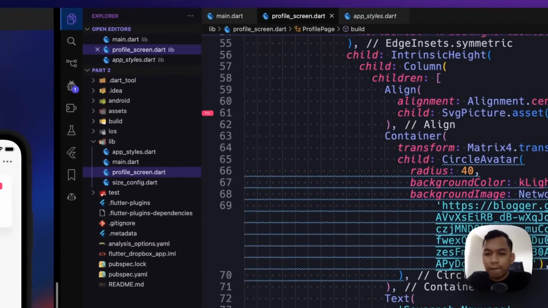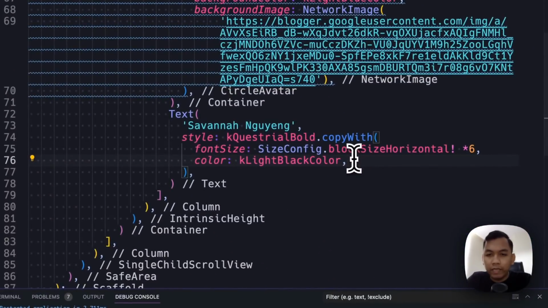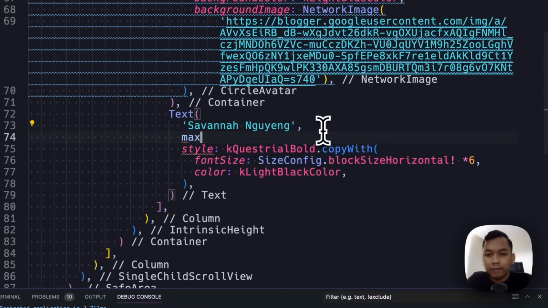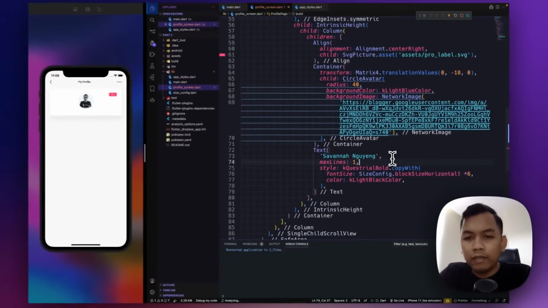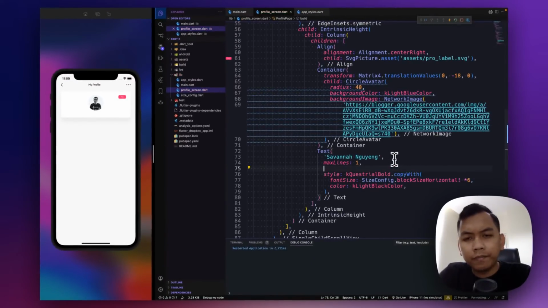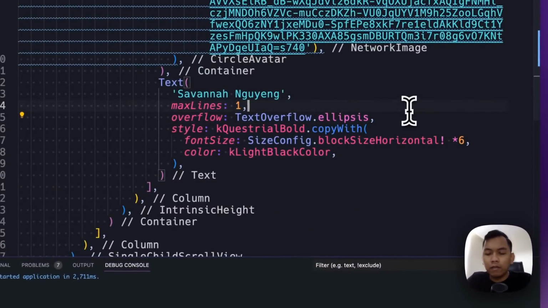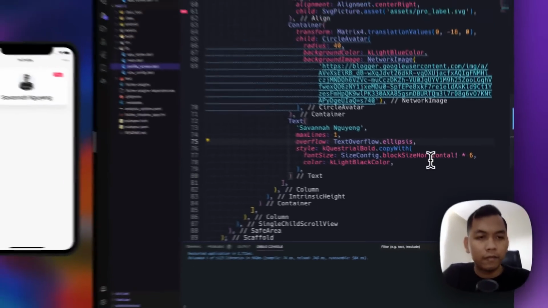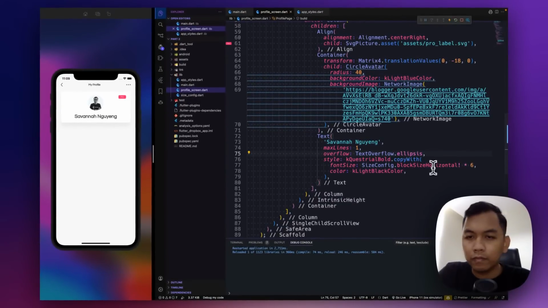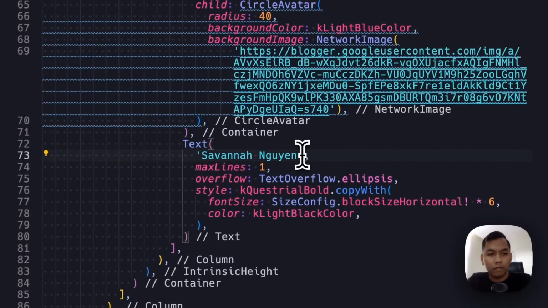Alright, and don't forget to set a maximum line, just one. And overflow, I think will be text overflow dot ellipsis, look like this. Alright.